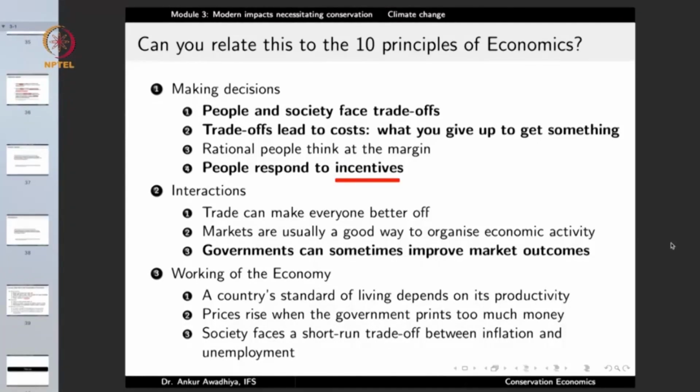And when we talk about incentives, the governments can sometimes improve market outcomes because the government has a legitimized power to make changes. So, climate change is something that is happening today. Climate change is something that is because of the misdeeds of humans. We have the option to mitigate, we have the options of adaptation, but if we want to actually perform significant and successful mitigation and adaptation, we will have to make use of the principles of economics to incentivize people